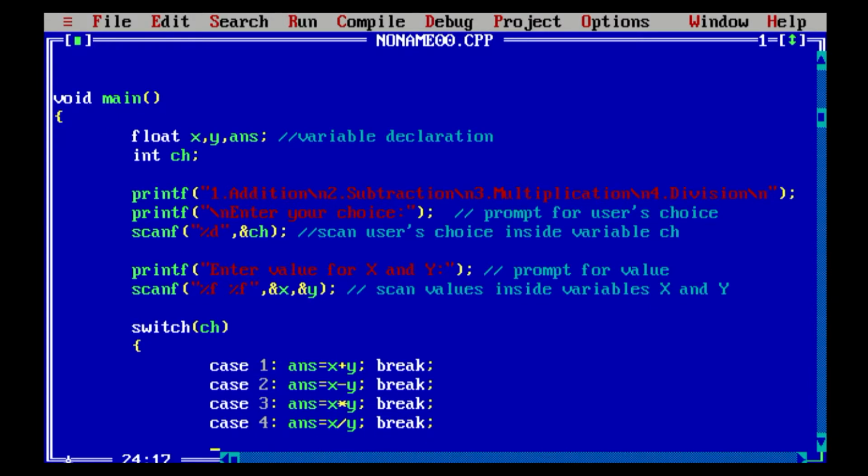So inside switch statement, we have performed all possible 4 operations. But what if user enters any wrong choice? That means choice other than 1 to 4. So for that, we have to alert user by displaying warning message invalid choice. Please try again. To do so, we will use default case.